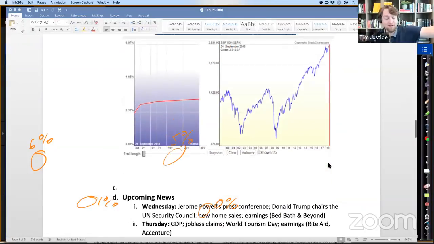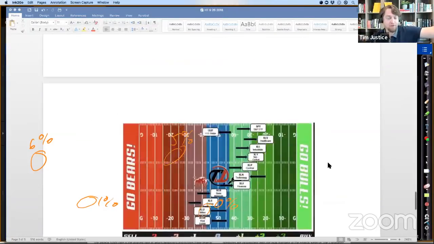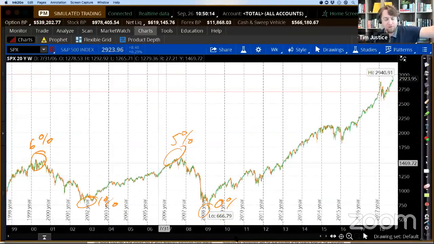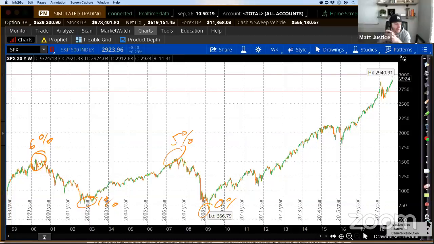Hey, listen, I don't know exactly when, but I don't fight the Fed. Obviously, they're raising very gradually with a purposeful intent. Obviously, 3% in the long term. Interest rates historically are still relatively reasonable and low, right? 2% is still low. 3% on the 10-year is still low, yes. Yeah, of course it is.